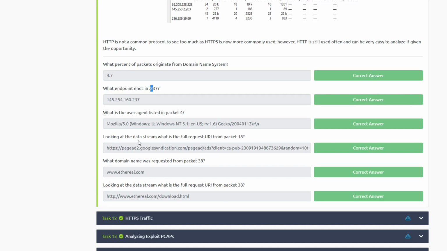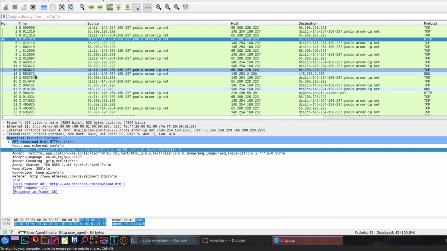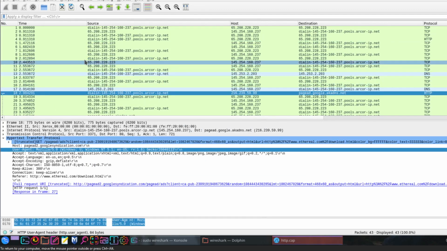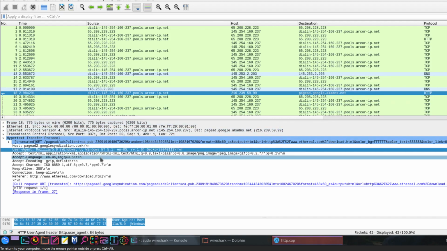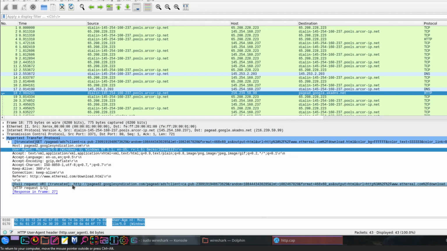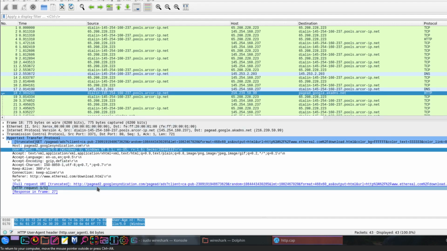Looking at the data stream, what is the full request URL in packet 18? So in HTTP traffic or captures, one of the important fields to look at is the request URL. We want to see what is the URL that is requested by the hostname or the endpoint or the machine, or whatever the thing we're analyzing. So this is the URL. In this case, it is